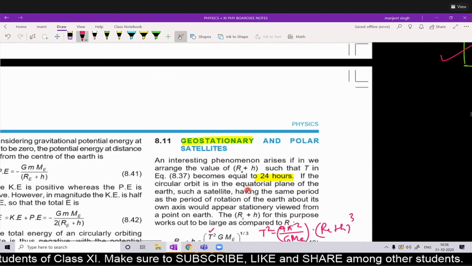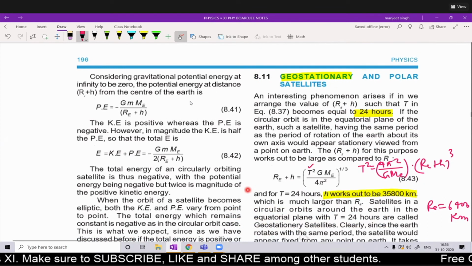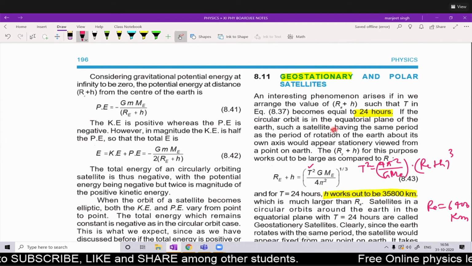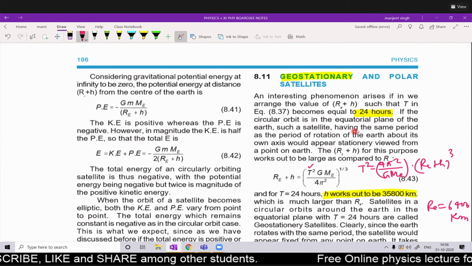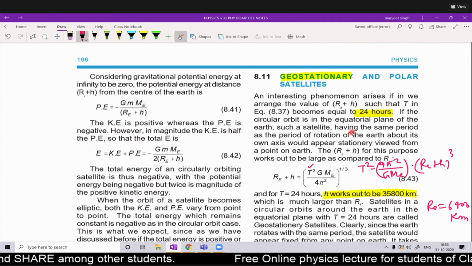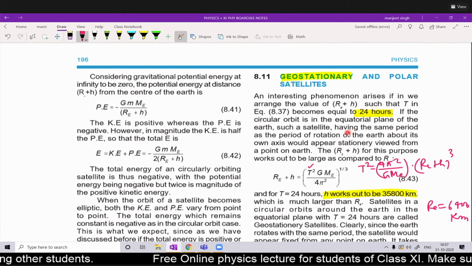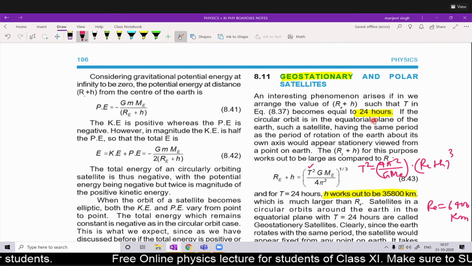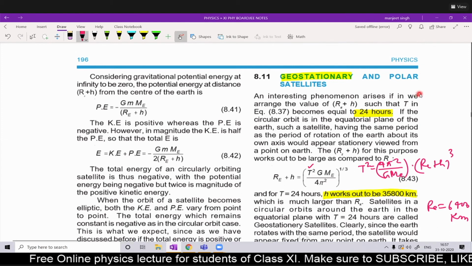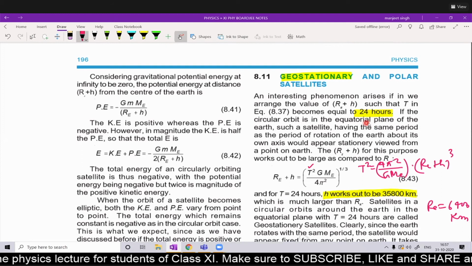Now let us discuss what are the satellites, geostationary and polar satellites. Polar satellite we have already discussed. So what is a geostationary satellite? The Earth is revolving around its own axis in 24 hours. So if a satellite is revolving around the Earth in the same time period, it will be stationary with respect to a certain point on the Earth. Suppose Sriharikota, a place in India. So that satellite which will launch from Sriharikota will be seen in Sriharikota over the whole year, because its time period is the same as the time period of revolution of Earth around its own axis.